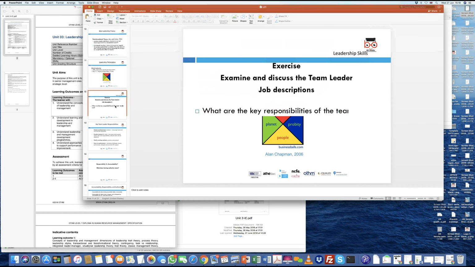Okay. Let's look at a small exercise. Now, what we're talking about here is, for discussion's sake, you look at a situation wherein you are the team leader, and what are the job responsibilities you would do as a team leader in that role. So here, this is a bit of food for thought. I think we can discuss this in detail, but the idea of giving you this as an exercise is to look at if you're asked to be a leader, then think of a situation.